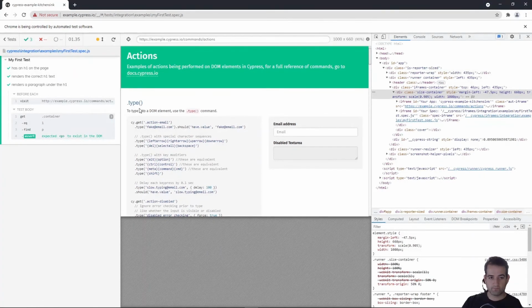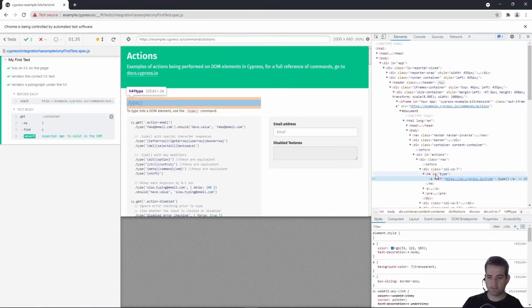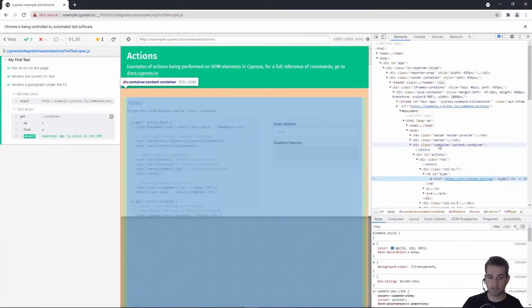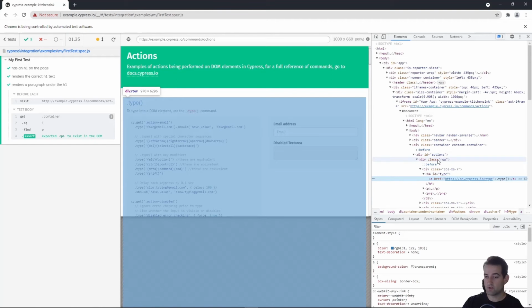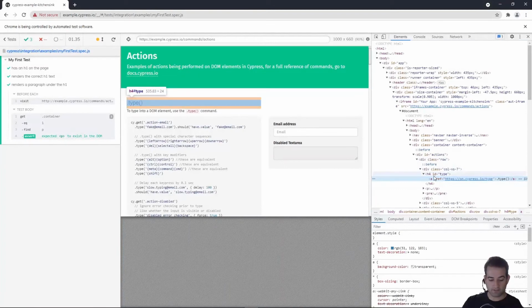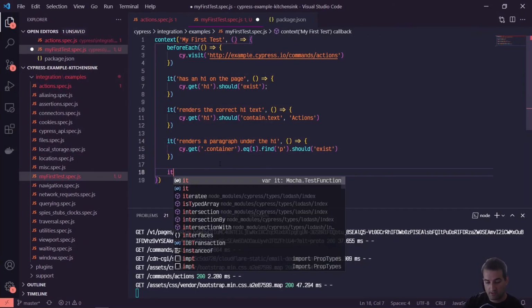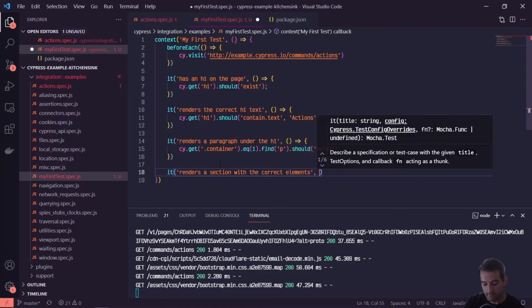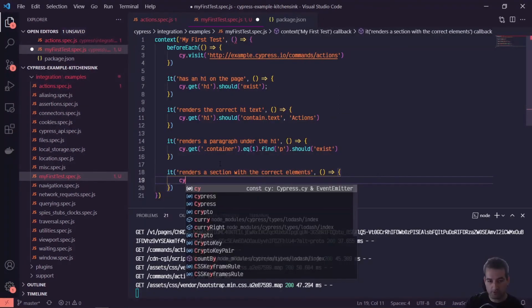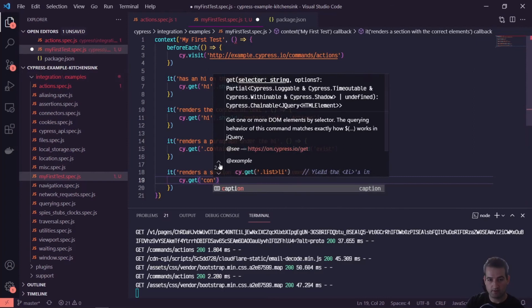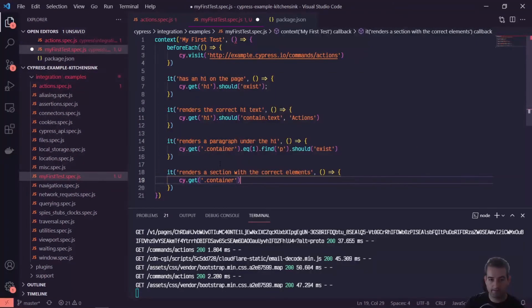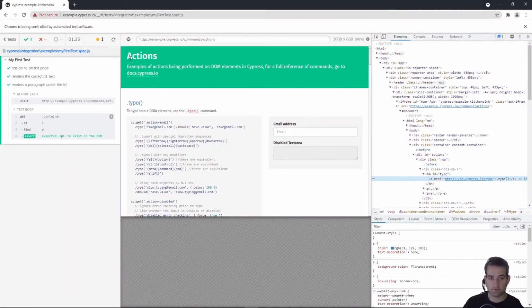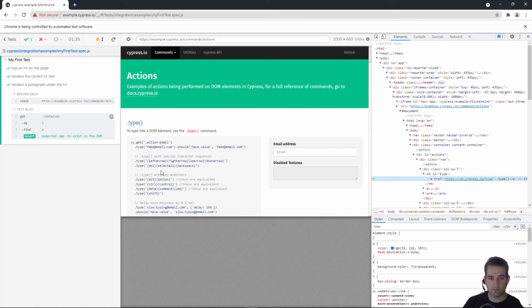So within this container here, if we right click on type, you can see there's an H4, we scroll up, so this is a container. There's some actions. There's a row. So we can do a couple of different things. So we can say it renders a section with the correct elements. And so what we want to do is we'll do cy.get container or dot container. So we're going to grab all of the containers. Then we're going to grab the third one with an index of 2,